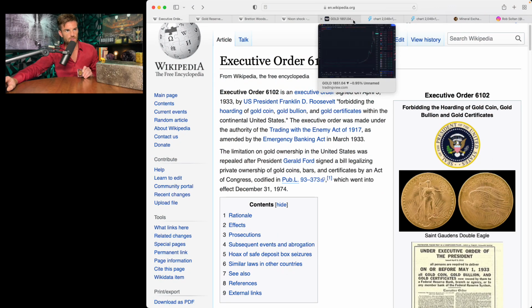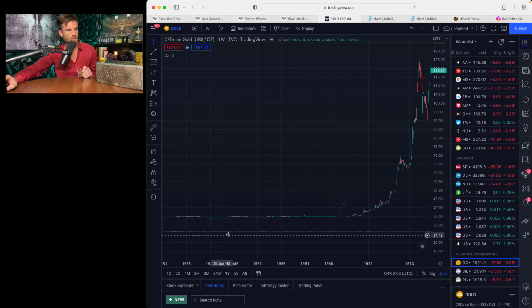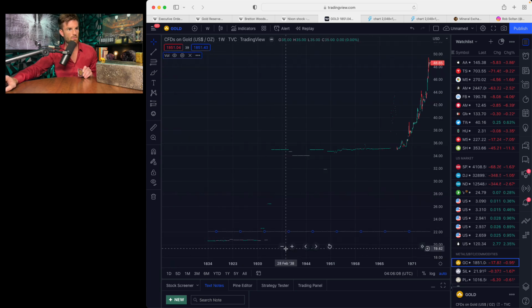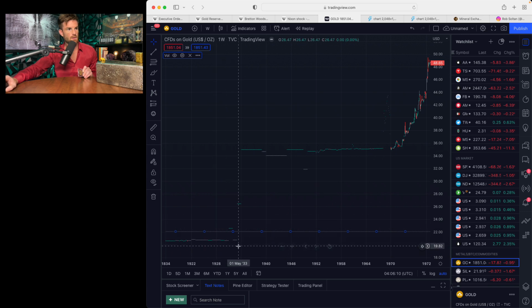So to prove what I was just talking about, this is the price of gold prior to 1933. Notice how it was fixed down here at roughly $20 an ounce because that was our $20 bill. Then after 1933, all of a sudden it spiked up to $35. Why was that? Because of this next year over.